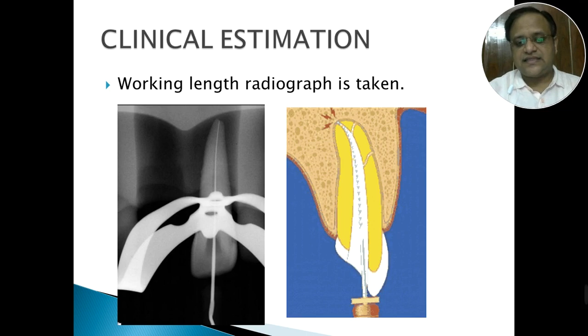What I'm saying is, just remember, if the difference between the estimated working length and what you are seeing on the radiograph is between 0.5 mm to 1 mm, just adjust your file and do not take a radiograph. But if you feel that there was a difference more than 1 mm beyond the apex, or your file was falling short of the apex more than 1 mm, you adjust your file and take another radiograph.